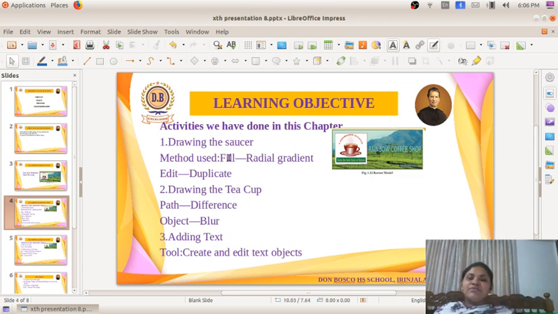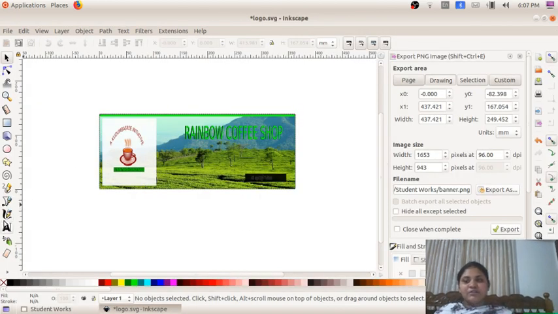After that, we have to show vapors coming from the tea. So for that, we use the calligraphic tool, and by using the calligraphic tool we have drawn the vapors.